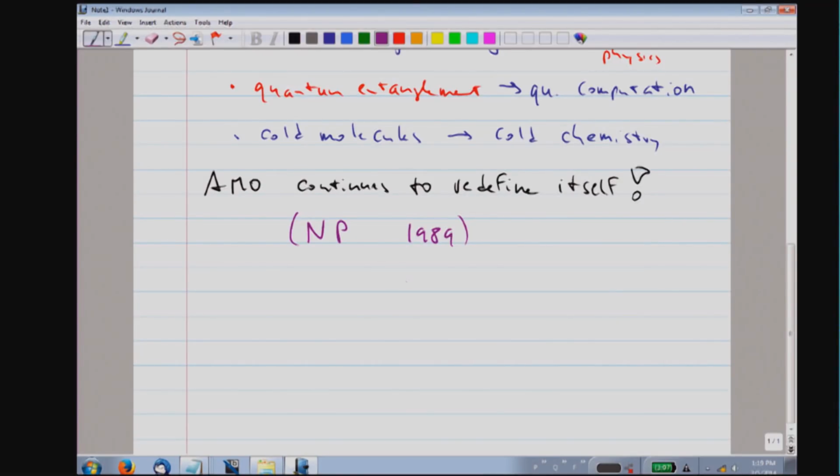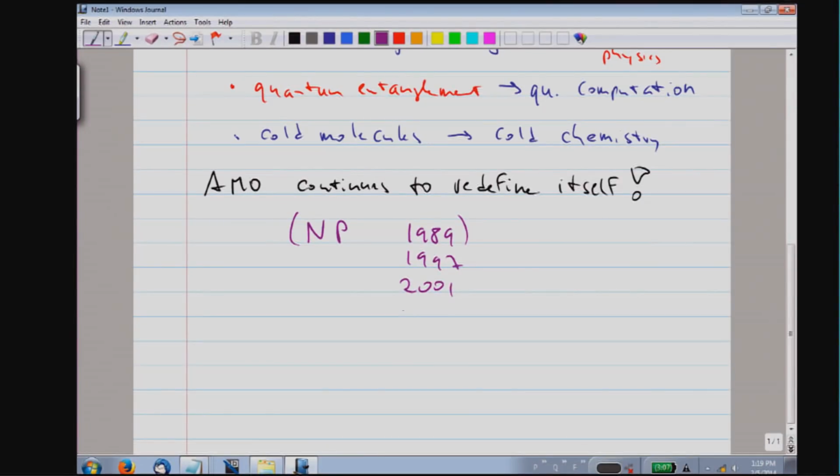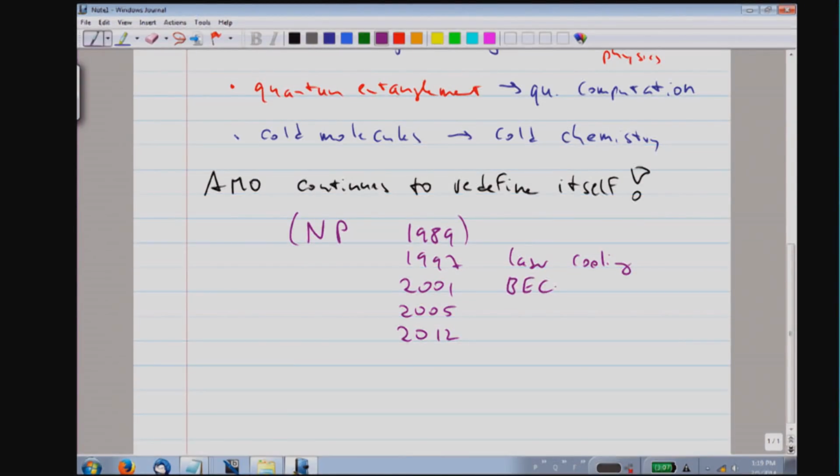A lot of Nobel Prizes are given decades after the discovery. But all the more recent Nobel Prizes, and this speaks for the vitality of the field, were awarded for developments which had just happened in the decade before the prize. Whether it was laser cooling, just invented in the 80s, whether it was Bose-Einstein condensation, observed first 6 years before, the 2005 prize on precision spectroscopy with lasers and frequency comb. This was also a development that happened just a few years ago.